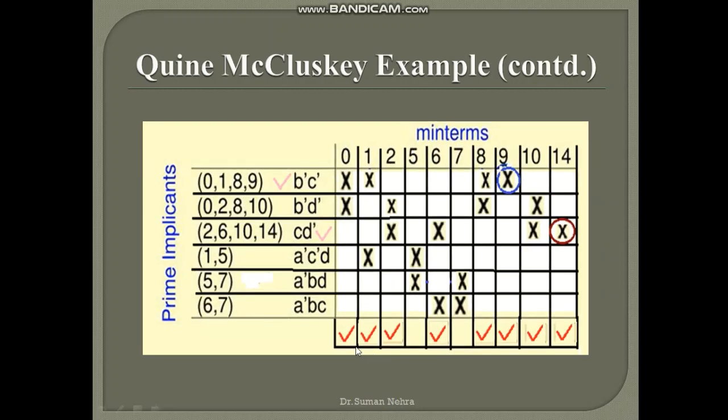Now we will see that all the minterms are included. We will now see which are not included. Here the column 5th is not included and the column 7th is not included. So now we will check the 5th and 7th. The minterm 5th and 7th form a single pair. So it is also an essential pair, 5 and 7.